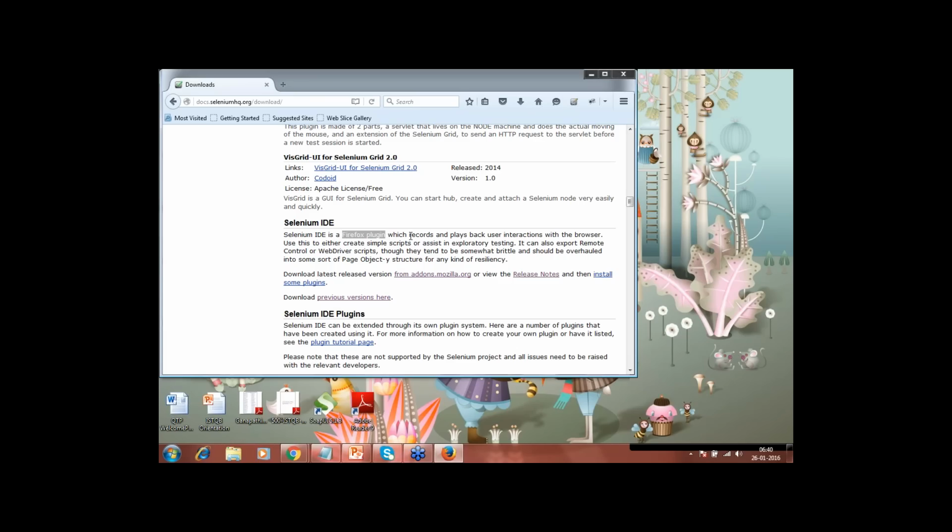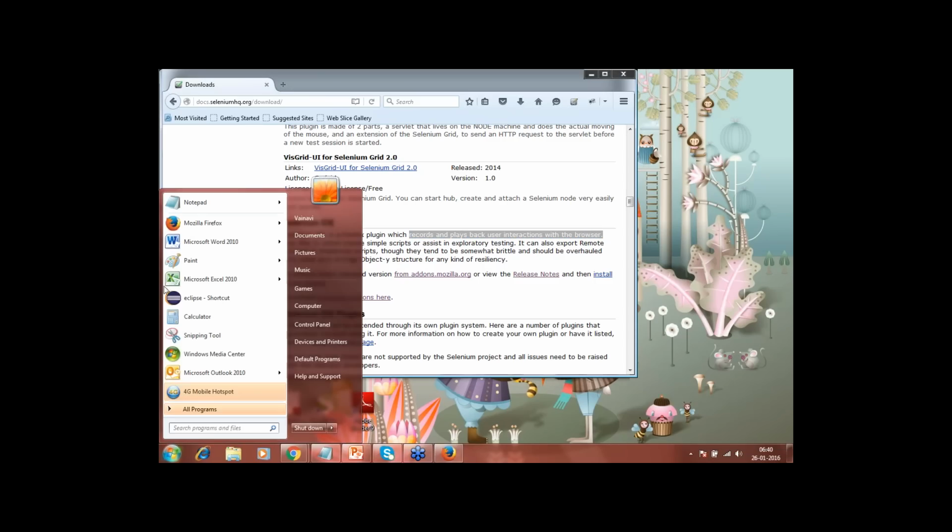This is primarily for you to record and play back scripts, basically the user interactions with the browser. So typically how it's going to work is,